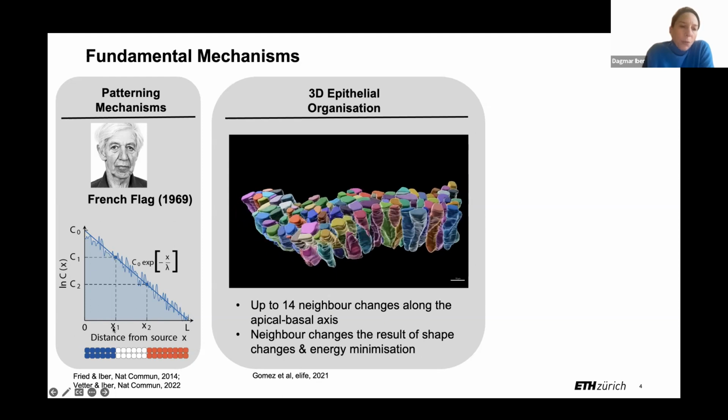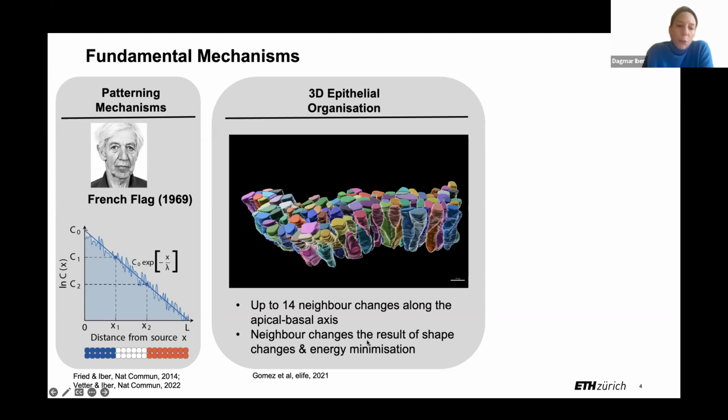Most of the patterning is happening in epithelia, and here you're just seeing a cartoon of these cells, but in reality they have a really complex shape. And if we want to simulate tissues in a good way, we need to understand the biophysics of that organization and also what it implies for patterning. And in this case here, we realized there are 14 neighbor changes from top to bottom, from apical to basal,